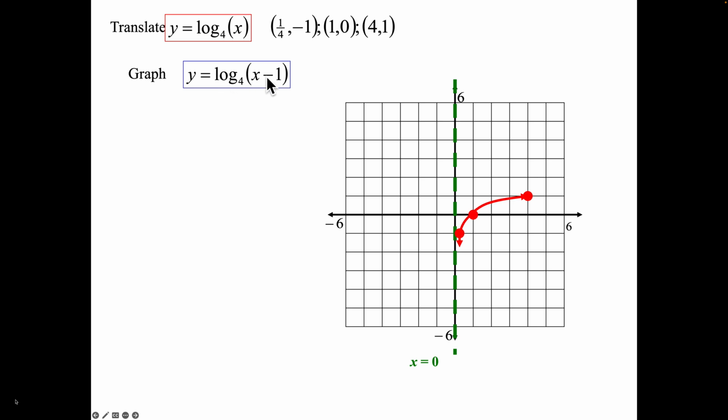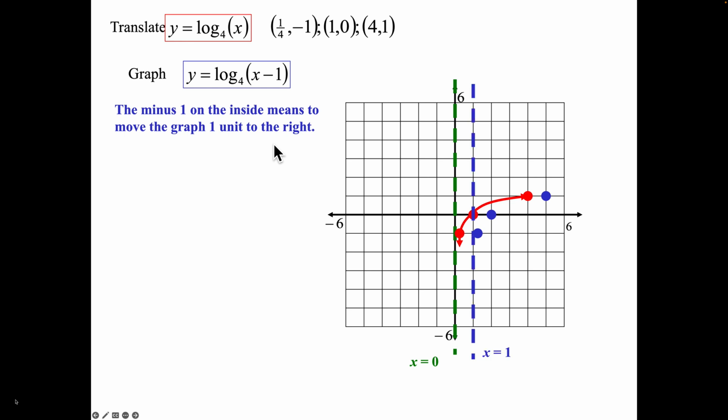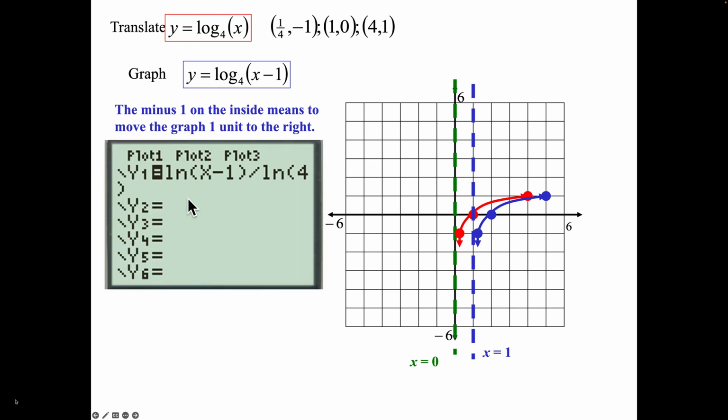Log base 4 of x minus 1, so my log base 4 here in red, 1/4, comma negative 1, that's the 1 over b, comma negative 1, 1, 0, 4, 1. X minus 1 on the inside, we set this equal to 0, solve it for x equals a positive 1. So therefore we're going to the right 1, but don't forget you also move the vertical asymptote, connect the dots. On my calculator, base change formula, if you don't have the log base command underneath the math button,